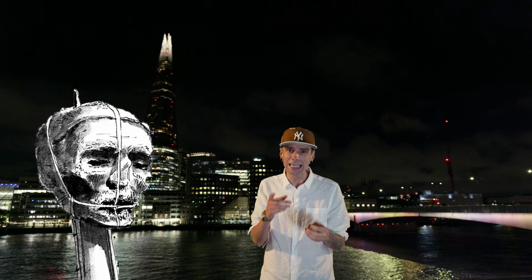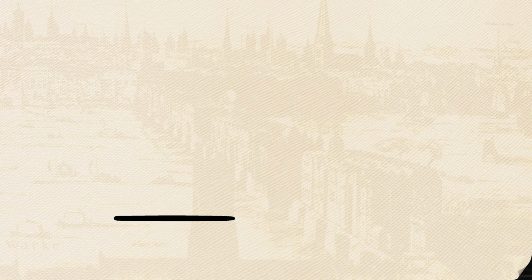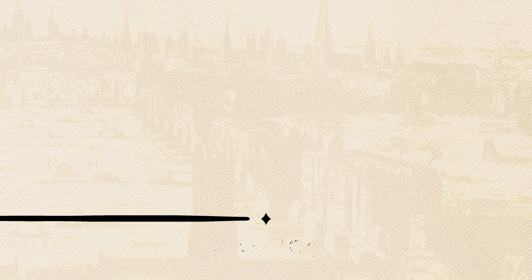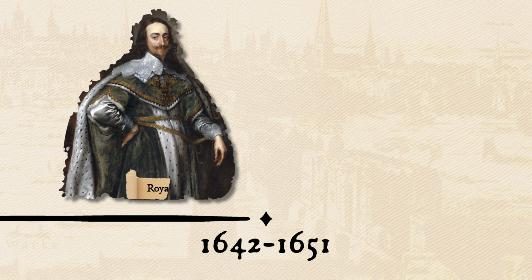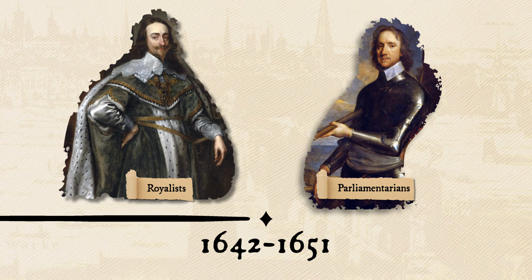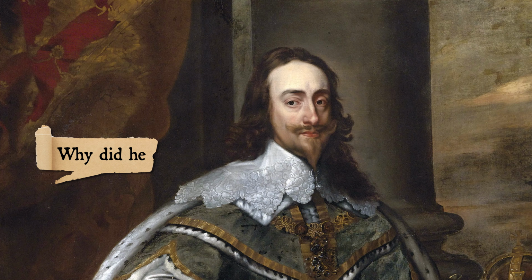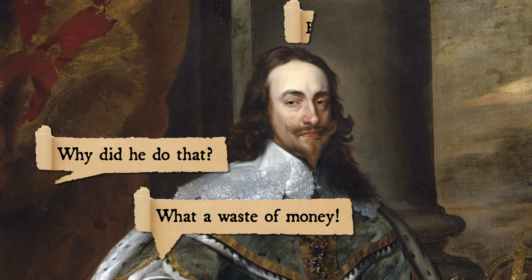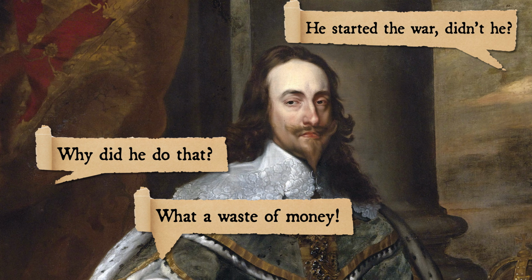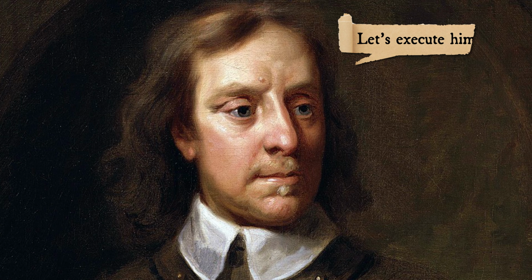It's also where the head of Oliver Cromwell was placed, among others, in the 1660s, following the horrors of the English Civil War. Now, with the English Civil War having actually taken place in the 1640s between the armies of King Charles I, the Royalists, and the Parliamentarians, who were headed by Oliver Cromwell, it was the Parliamentarians who had won the war, and with a number of people actually blaming King Charles I's questionable decision-making and reckless spending habits for starting the war in the first place, Cromwell, on winning, declared that he was going to have the king